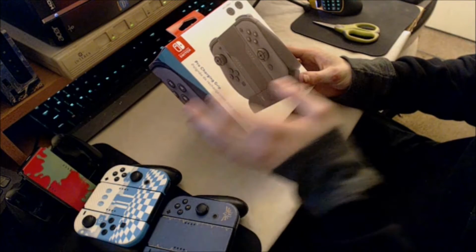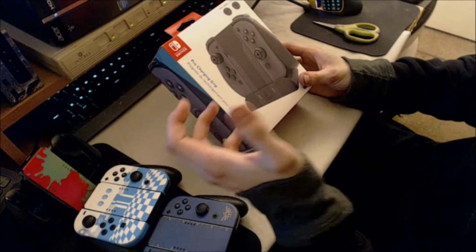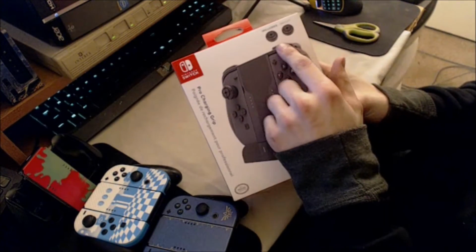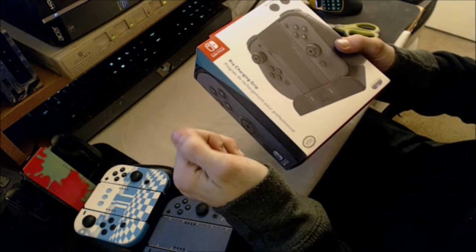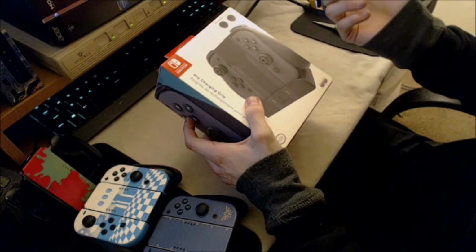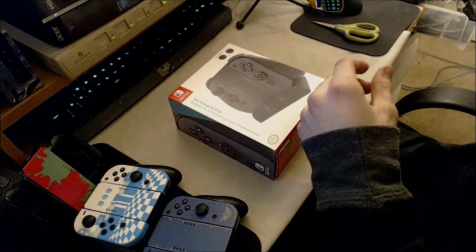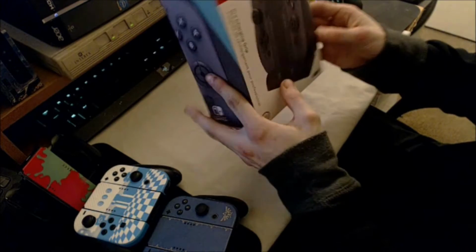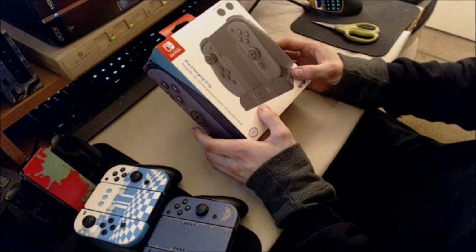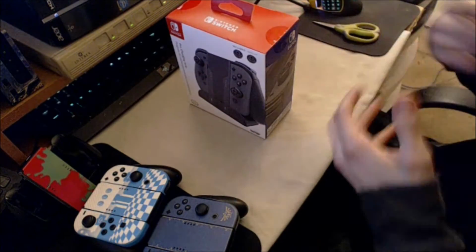Just looking at the box, it looks like it'll be a pretty solid feeling controller in general. It comes with two analog stick attachments to make the analog sticks feel a little bigger. I did have a couple of those plastic ones that came with these little grip accessories, hard grip shells or whatever, and those work pretty well. I just lost most of them. I have only one left, and I like to keep it even. But anyway,